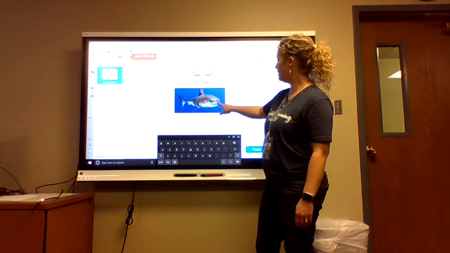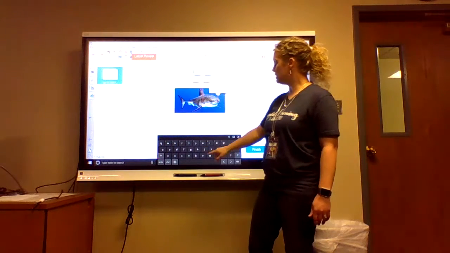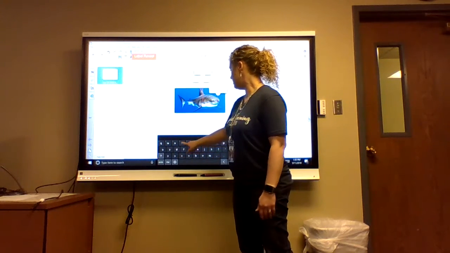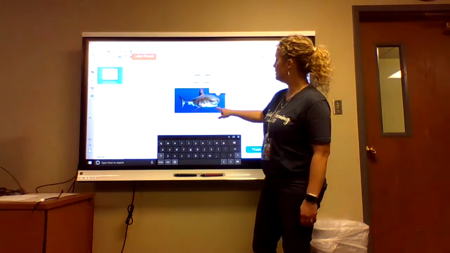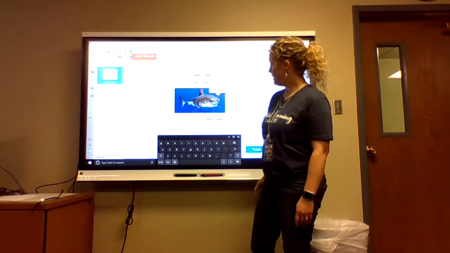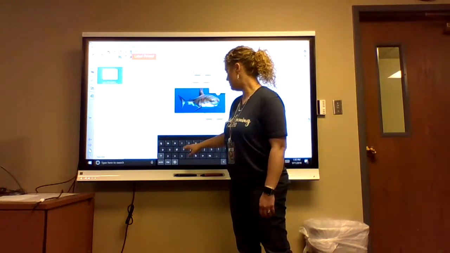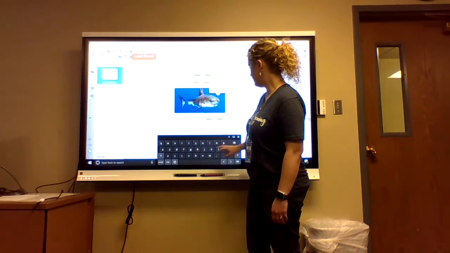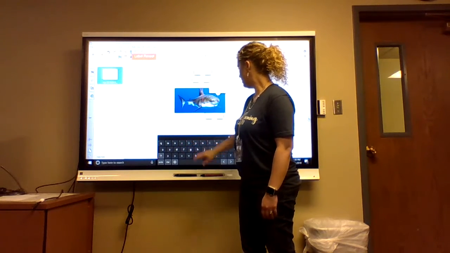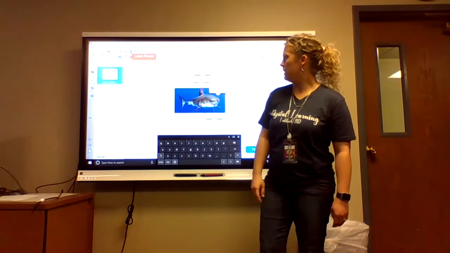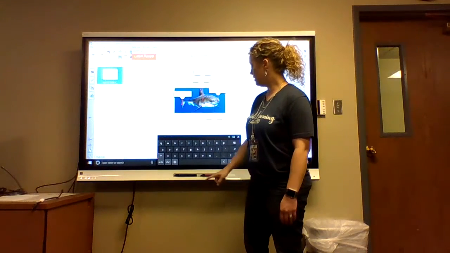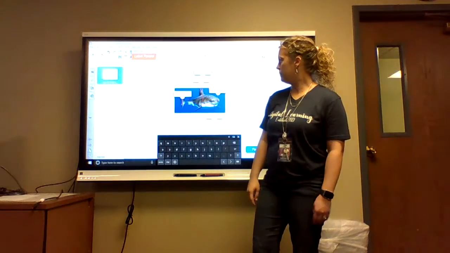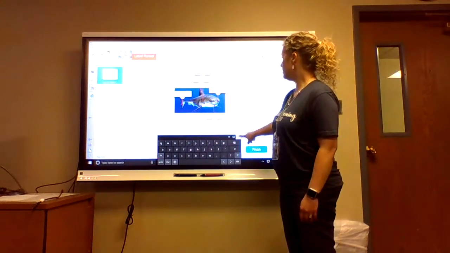Okay, then I can click the nose, and we can talk about the sensory things that a shark can do with their nose. I can click the mouth and talk about the teeth or the jaws and how those are used. We could talk about the fin in the back and how it's used for swimming and speed. So once I've finished with all my labels,